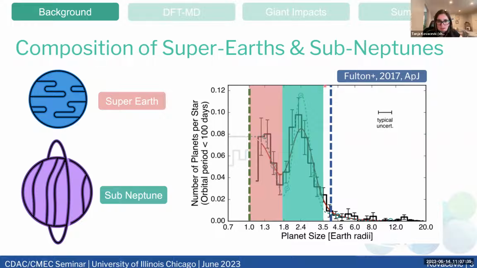So back to Fulton's paper. Ultimately, what they concluded from that paper was that once planets get to a certain size, once we get to this edge here, the planet quickly begins to attract hydrogen and helium to form this gaseous planet. So these sub-Neptune-like planets form, while the smaller ones can't really hold on to an atmosphere, and they remain primarily rocky. Another conclusion from this was that maybe the smaller planets could be the cores of sub-Neptunes and they just had their atmosphere stripped away.